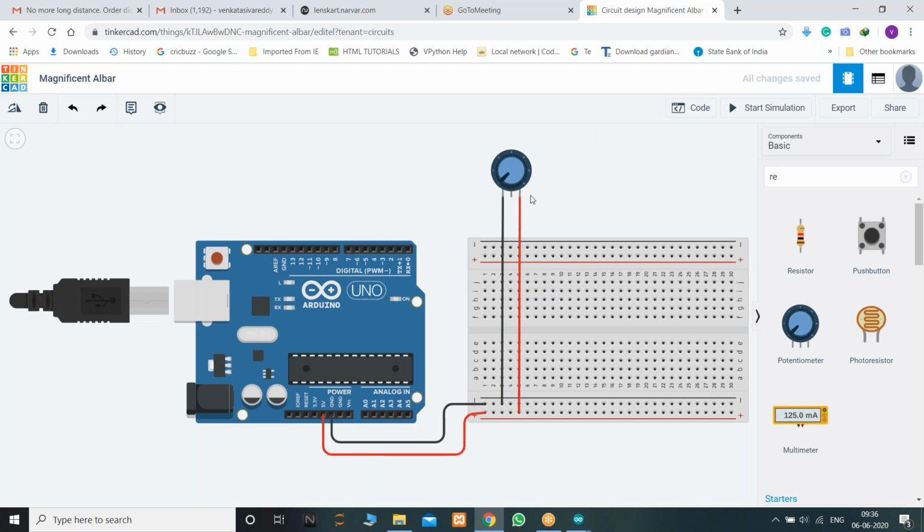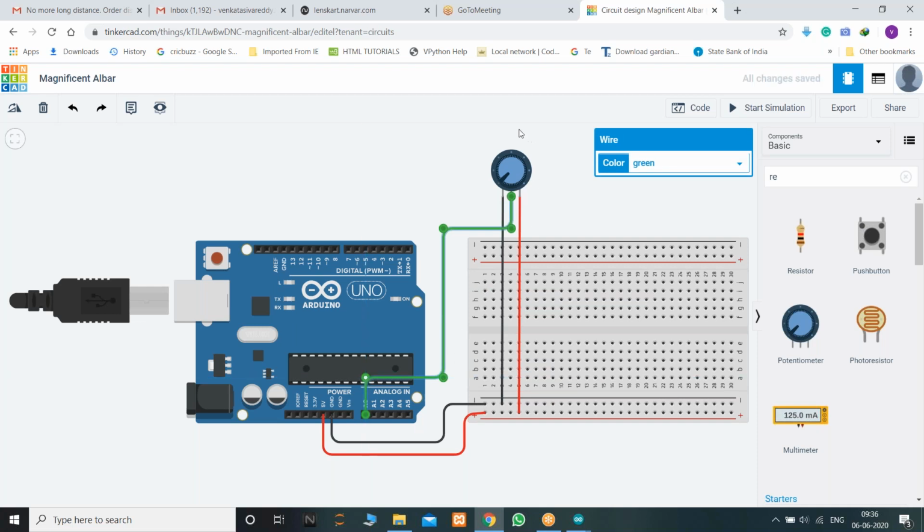So I'm giving 5 volts supply to this potentiometer. Is that clear? Based on the angle of this probe, the wiper generates some voltages, right? So it's a variable resistor. So I'm connecting this to analog A0.